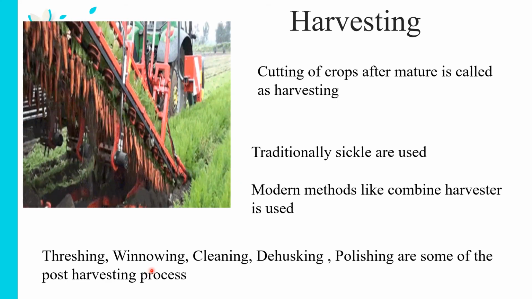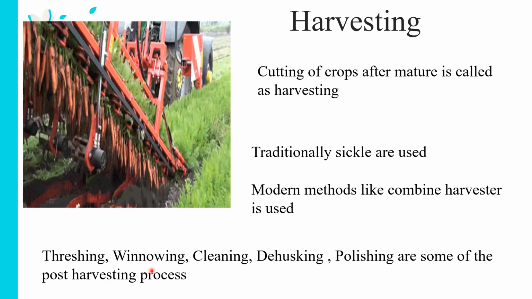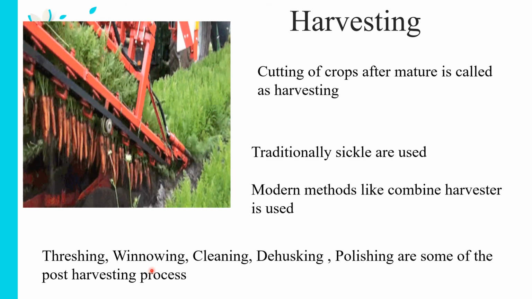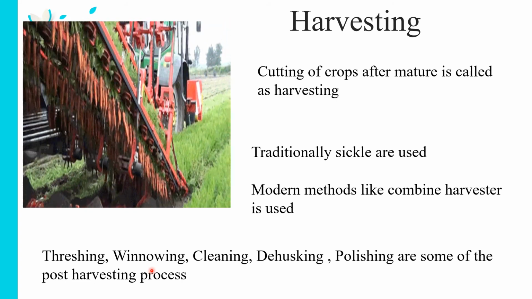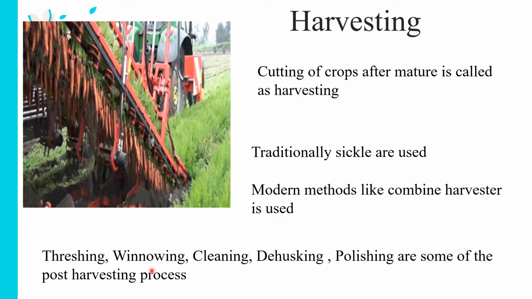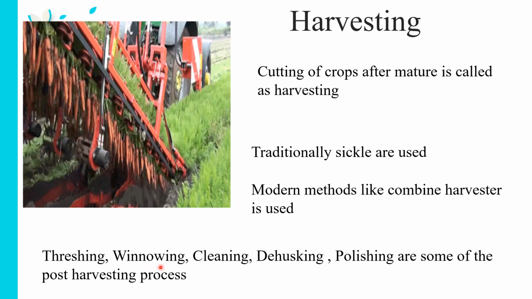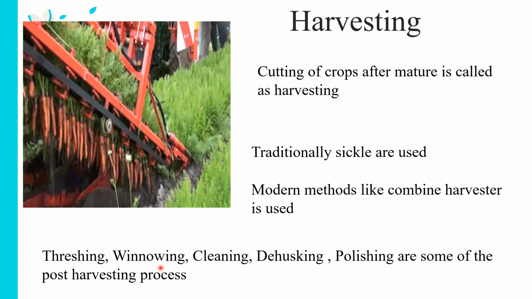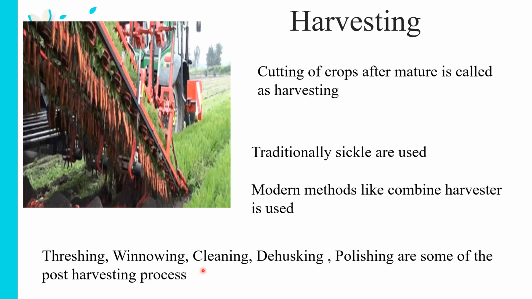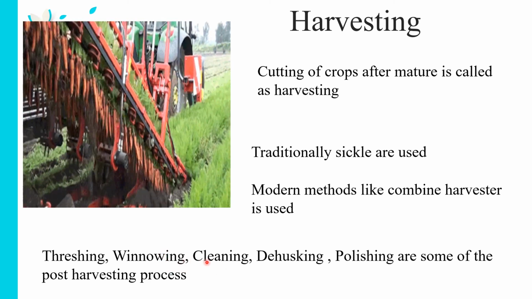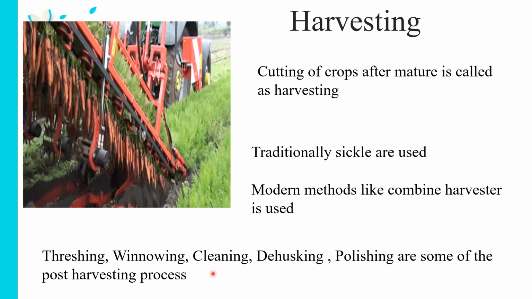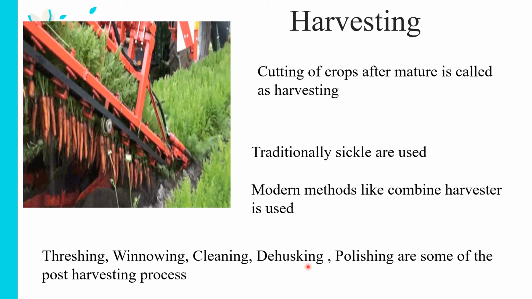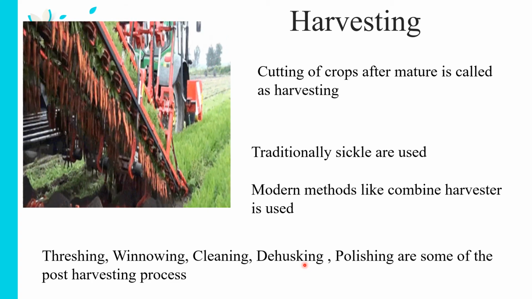When they shake the husk and the grains together along the flow of wind, the husks will get blown away, whereas the grains will fall immediately below the place where they are standing, and that is called winnowing. So to put it in a nutshell, the separation of husk and grains by wind is called winnowing. And what is cleaning? Even after winnowing, manual cleaning will be done in order to remove the other undesired particles. And dehusking is, there will be a few chaffs bound to the grain, so that has to be removed.